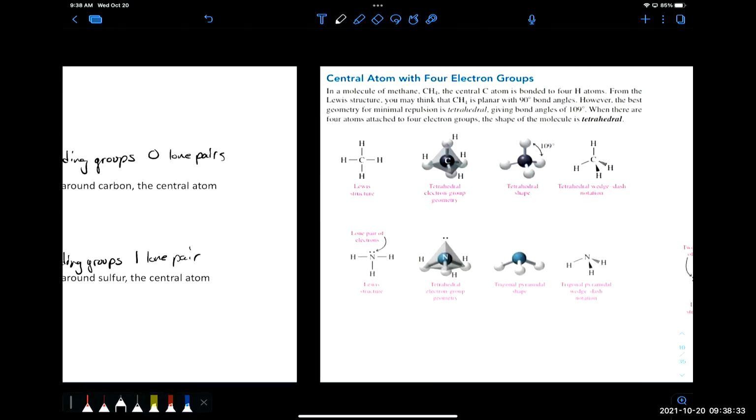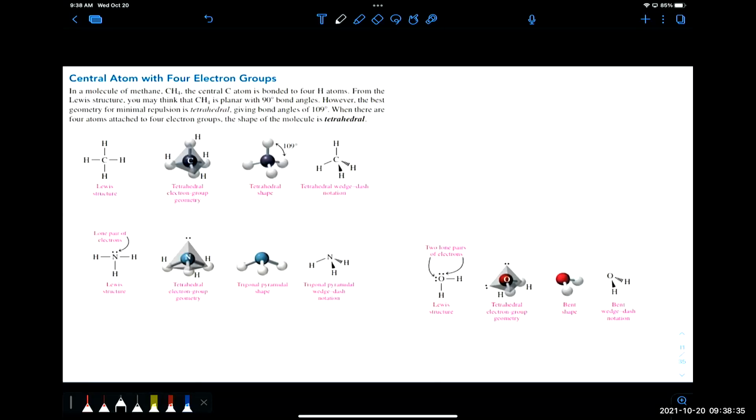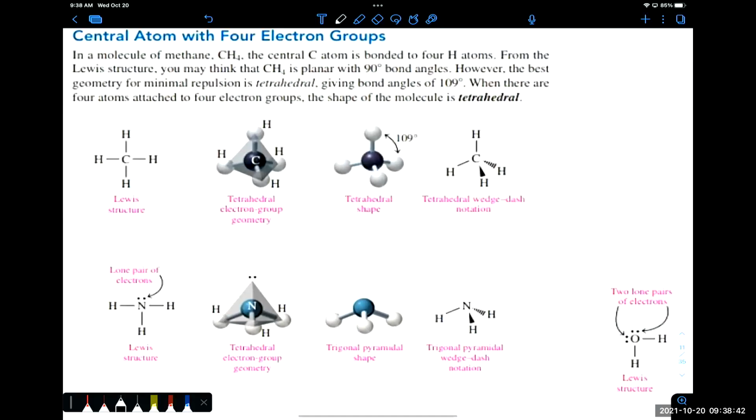Okay. We'll see more examples too. So if we have a central atom with 4 electron groups, again, we have a difference between our